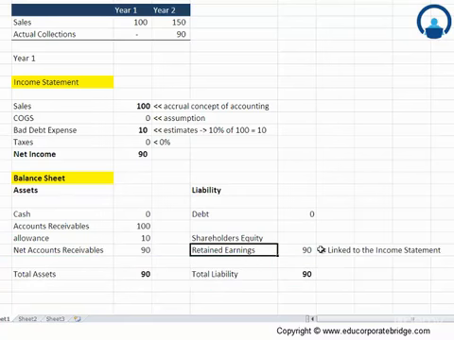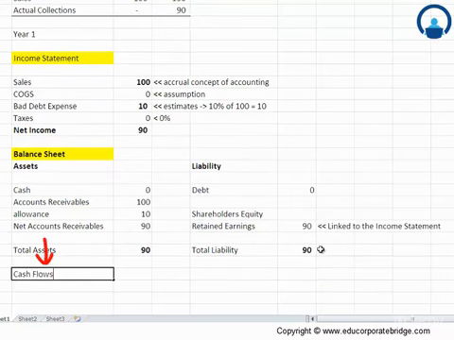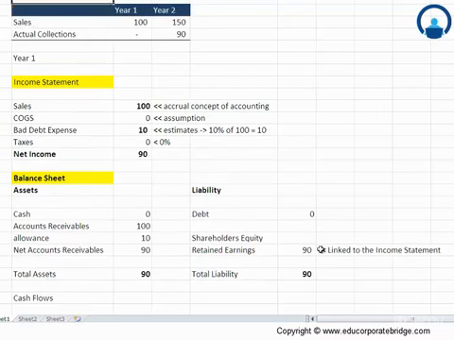Please note here that while we were talking about linking retained earnings to the income statement, any previous retained earnings are also added up. Here the previous retained earnings were 0, so we have not added anything; we have just directly linked the income statement. Okay, so this is the year 1 balance sheet. What about the cash flows? Were there any collections during year 1? As we note from this case, there were no cash flows. This was 0, so cash flows actually are 0. So here we have completed the year 1 income statement, balance sheet and cash flows.